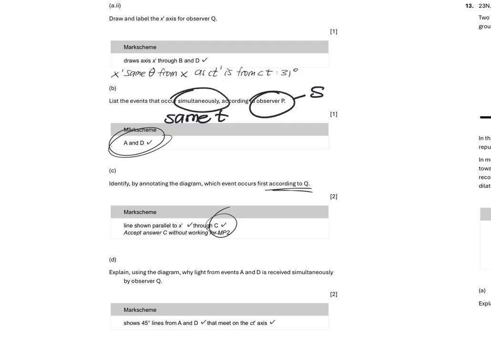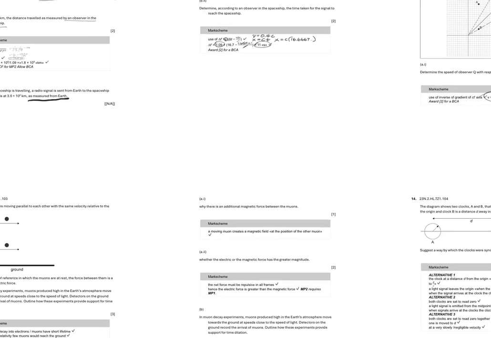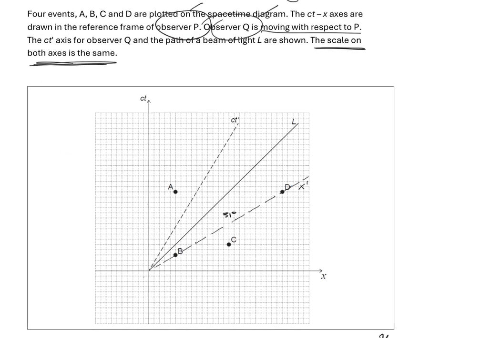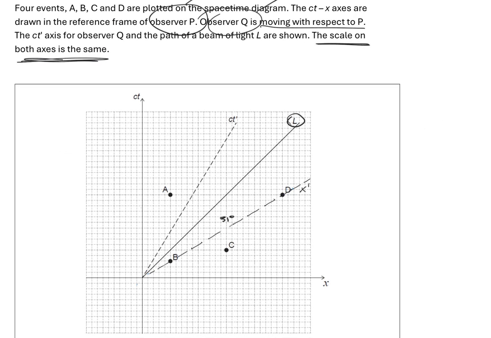Okay, now let's look at D. It says, explain using the diagram why light from events A and D is received simultaneously by observer Q. So it's specifically talking about light emitted from events A and D. The world line for a photon, for light, is 45 degrees. We can actually see that in our diagram over here where the light line is given to us, and yes,